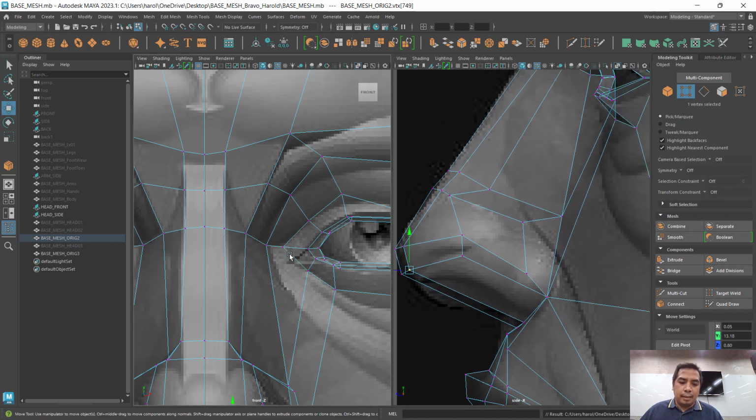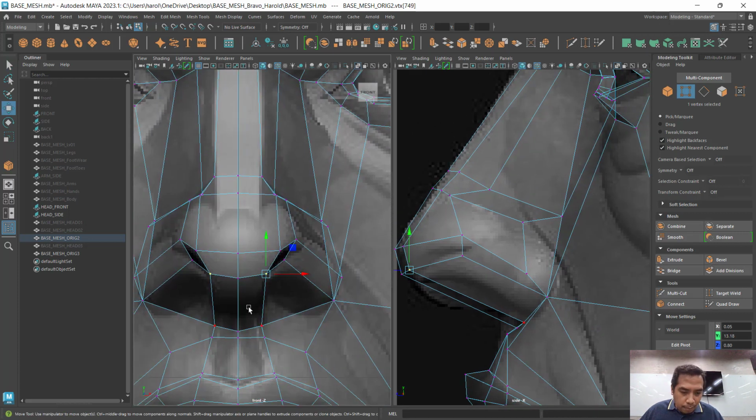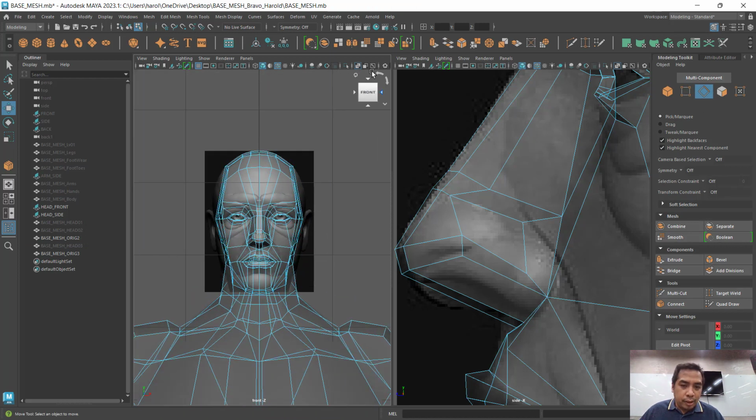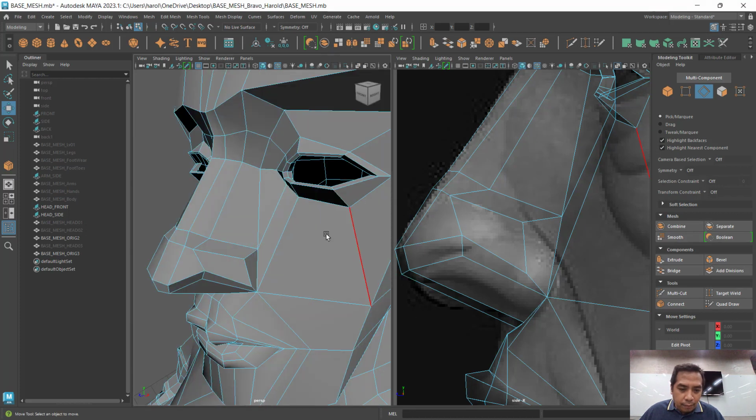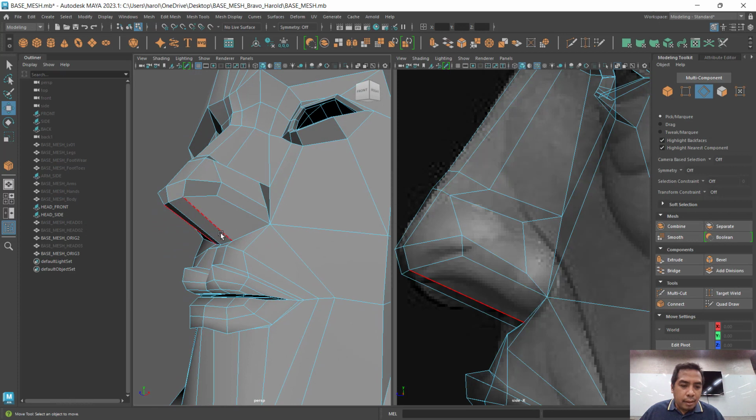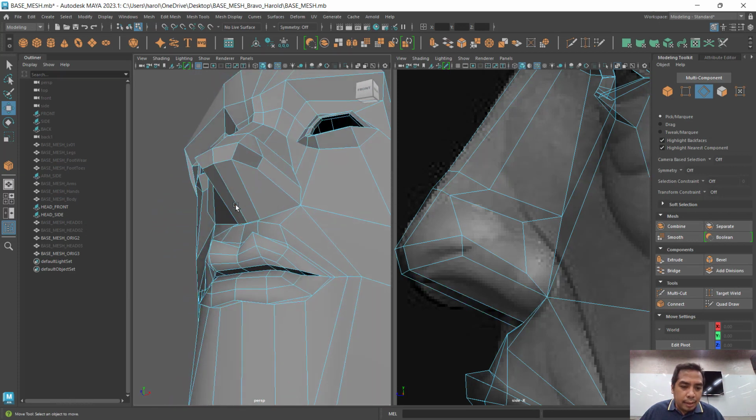Next is the additional polygons for the nostril. So I will be doing this manually and I'll do it in perspective view. So I'll make this solid view, spacebar right click, perspective view there. Now I'll just select these,